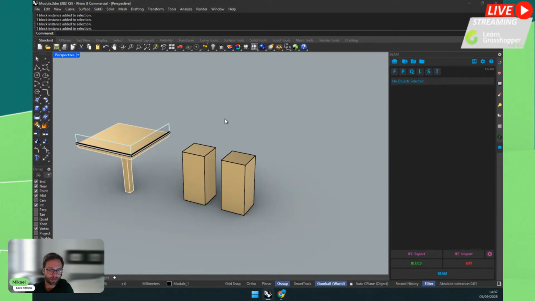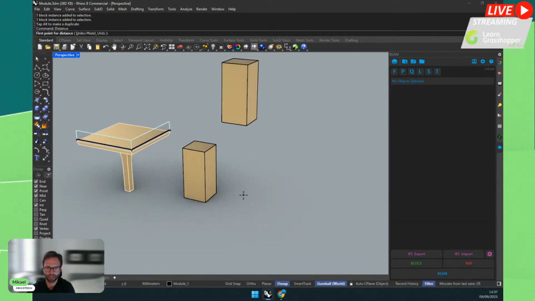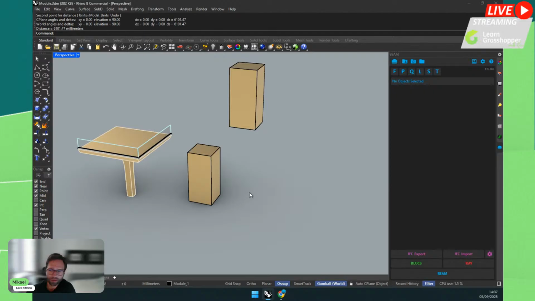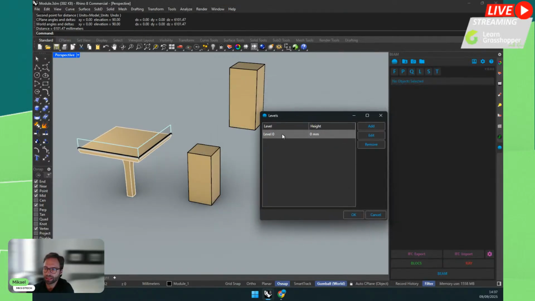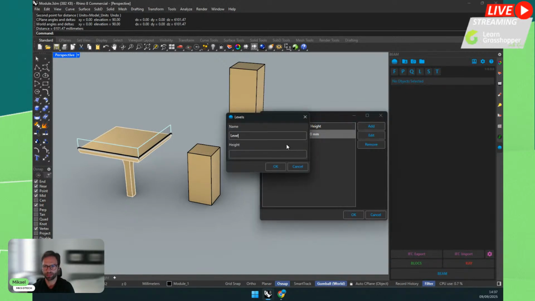Let's work with levels. Okay, so let me just make this fly a little bit more. Okay, let me just measure very quickly how much this is. So 6,000, perfect. So another thing we can do, we can create levels. To create levels, we go to our levels interface, and there is always a level at 0 millimeters. So you must have at least one level in your file. By default it will be height 0. But we can create more. For example, we create a level 1 at 6,000 millimeters. Okay, that should be enough.